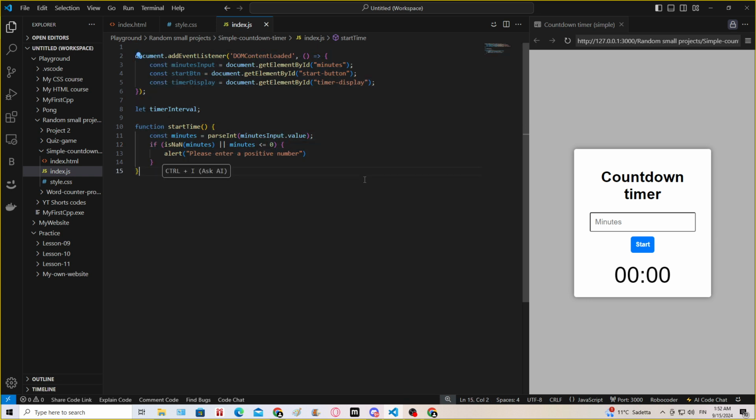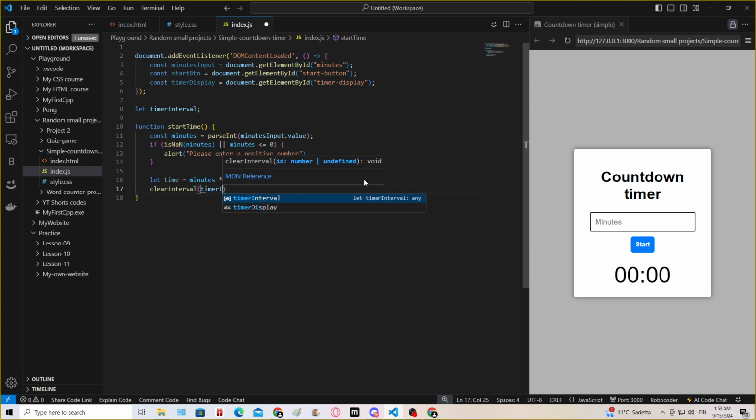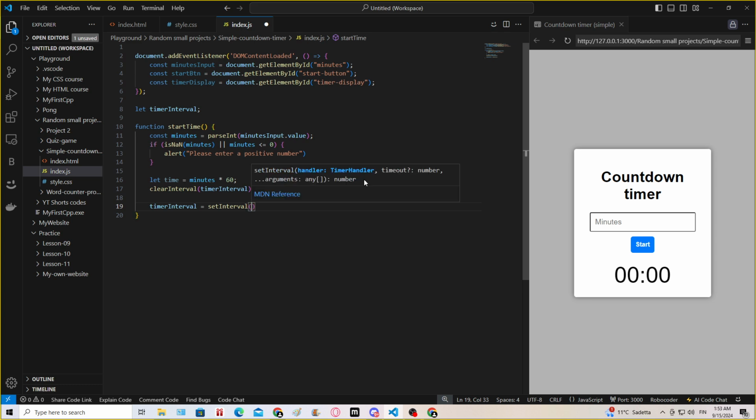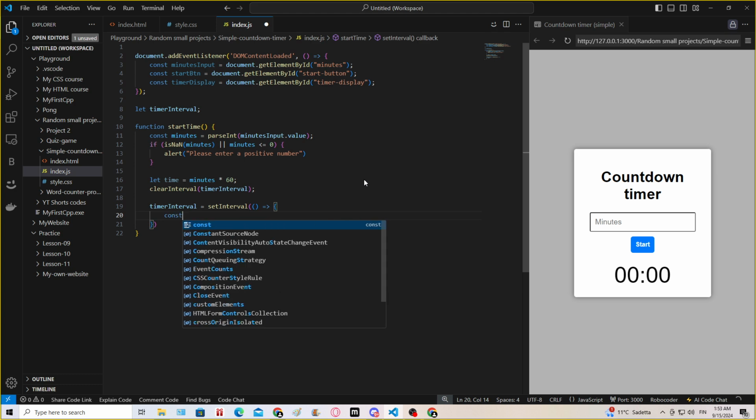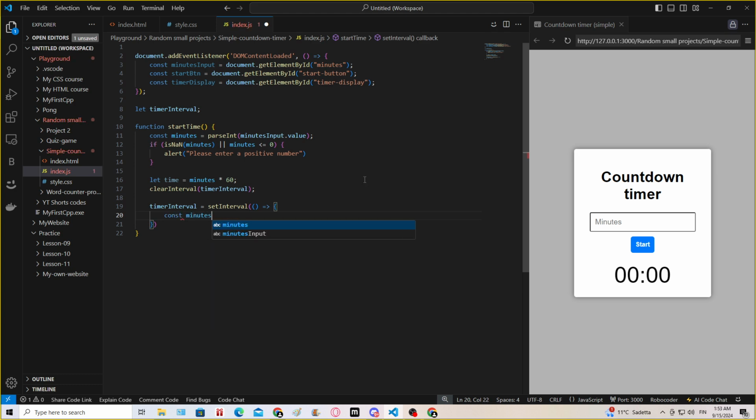Alright, then I'm going to make a variable time, and that's going to be minutes times 60. And then there's going to be clearInterval(timerInterval). Okay, and then timerInterval will be setInterval, and we will use an arrow function. So const minutesRemaining equals